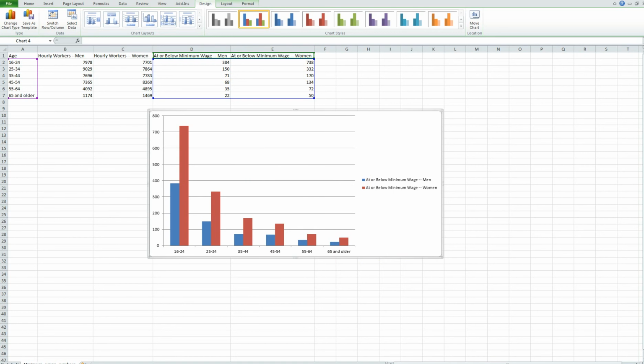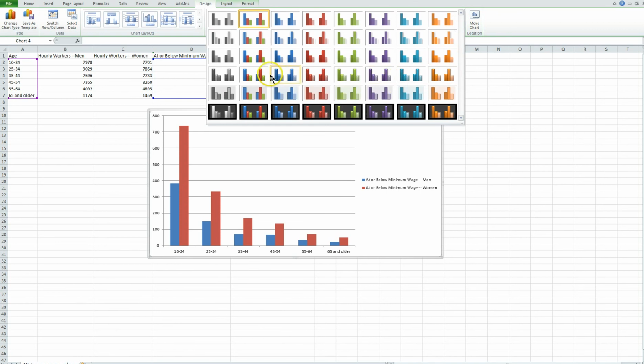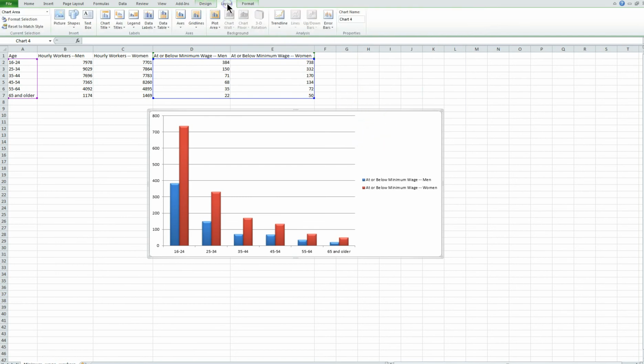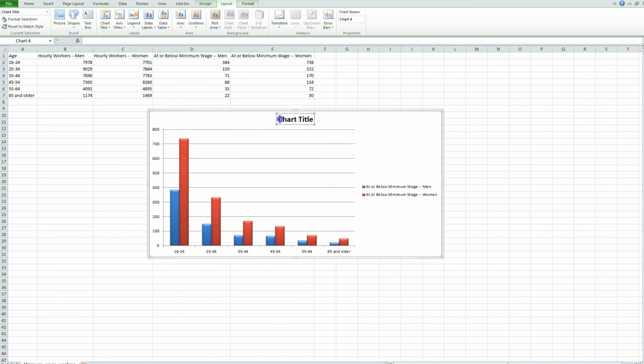After you make a graph, this chart tool menu appears in Excel. Right now we're in the design tab, and within the design tab you can just change the appearance of the actual bars or whatever graph you're making. I like to use the 3D bars a lot. And then the next thing that's most important is the layout tab. Here we can add things like a chart title. We can put that right above, and once that appears you can just highlight it, delete it, and type what you want. So we can just call this